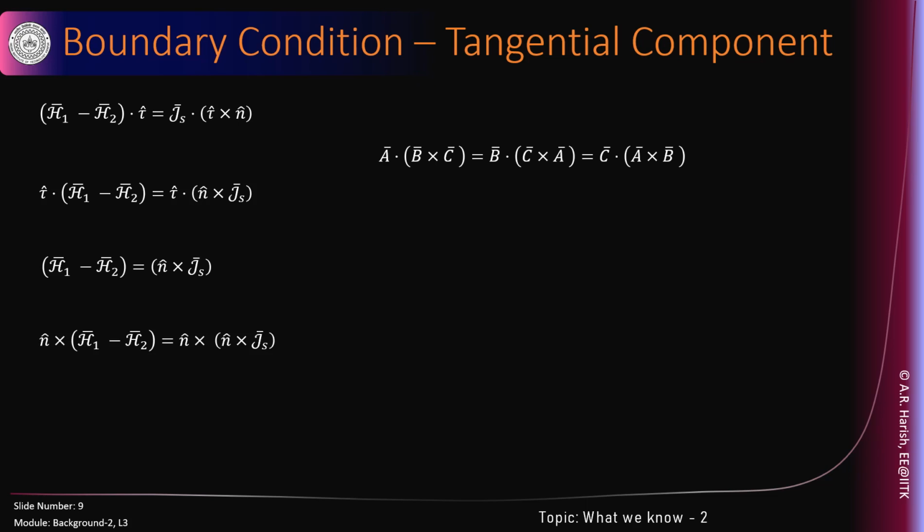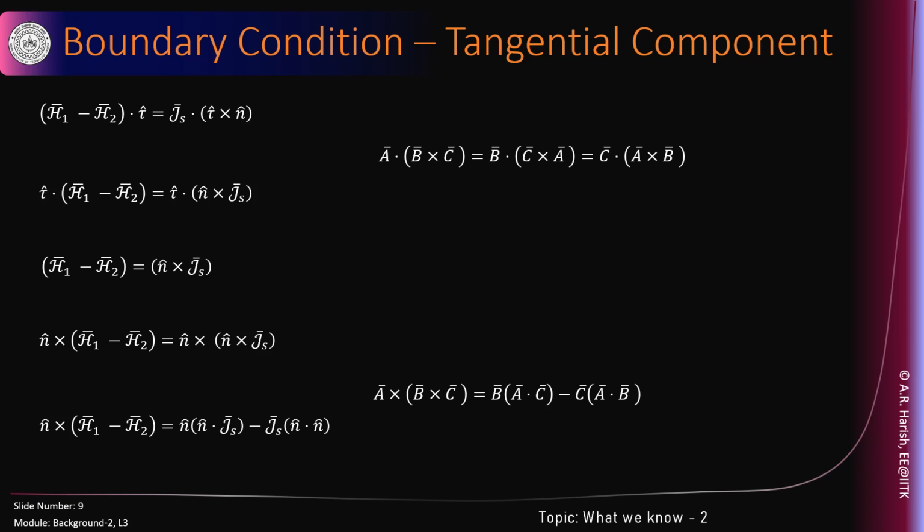And take a cross product of both the sides with N cap, and then use the vector identity A cross B cross C is equal to B (A dot C) minus C (A dot B). This is called the back cap rule, if you want to remember it that way. And here A is N cap, B is N cap, and C is Js bar. Straightforward application. Think about it for a moment. It's very easy. It will be this value here.